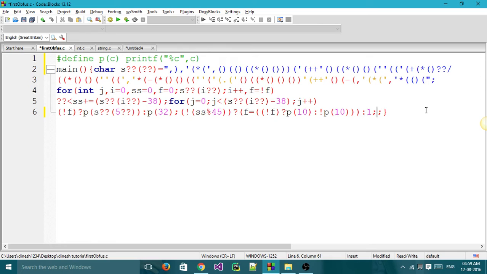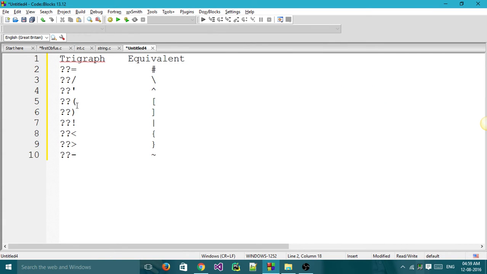This is also a curly brace close, and this is curly brace open. Next, if you see this, question mark open circular braces means open square brace.